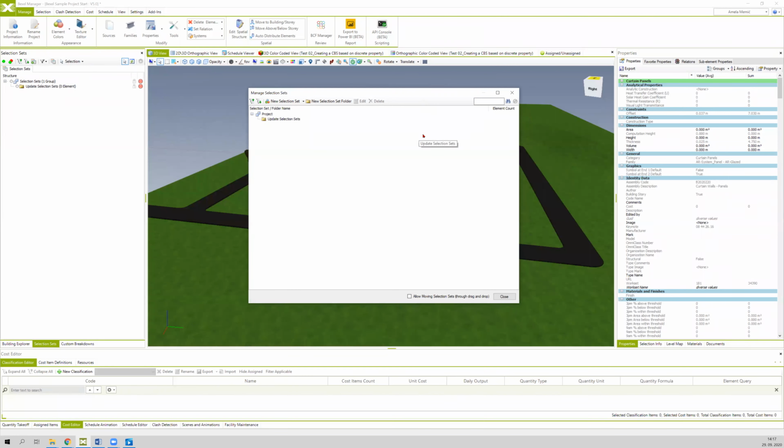A new window, Manage Selection Sets, is opened, and as you can see, you have here the button for creating a new selection set and for creating a new selection set folder. So click on it, and a new window opens